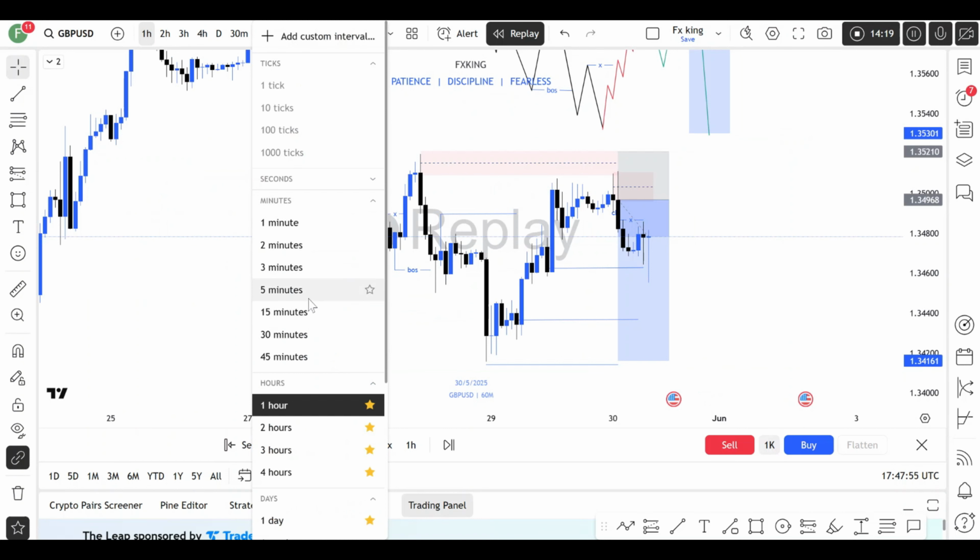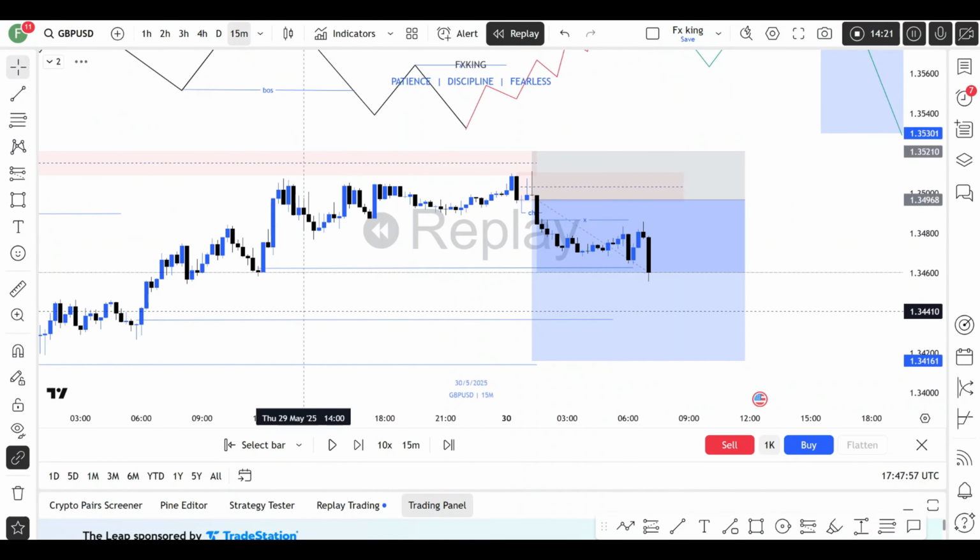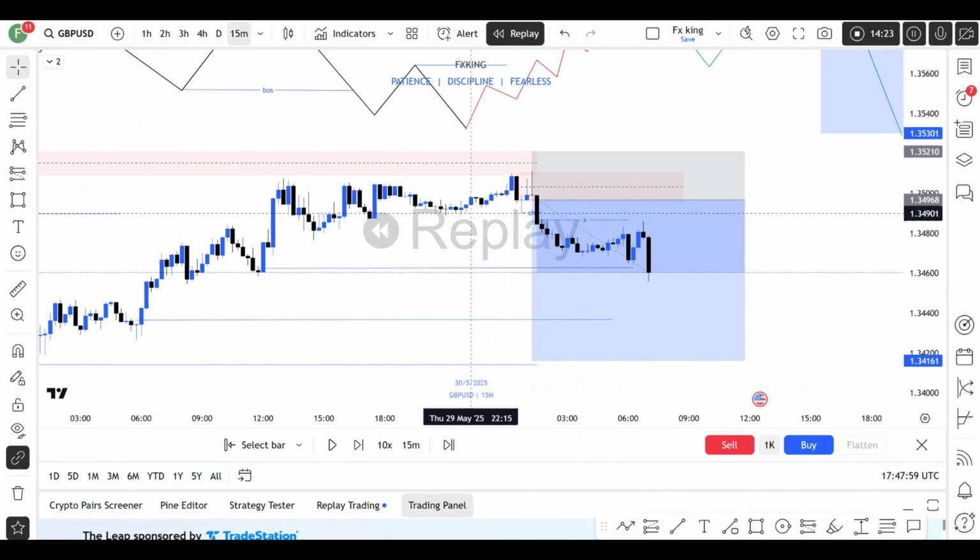So let's go back to the entry time frame, which was the 5 minutes. This is the 15 minutes time frame as well, so we can also look at this in the 15 minutes time frame. Looking at this in the 15 minutes time frame, those that trade the 4 hours time frame structure are going to see that this is where our change of character in the 15 minutes time frame was,